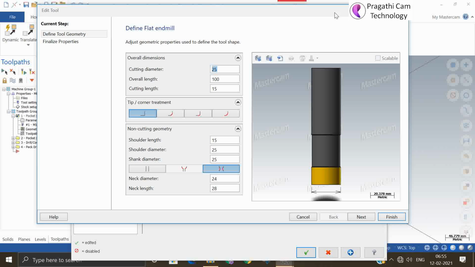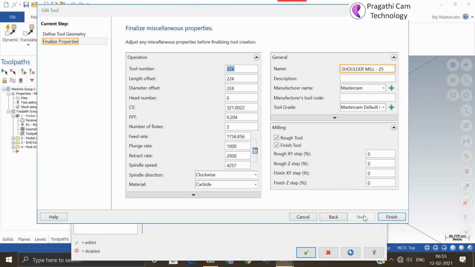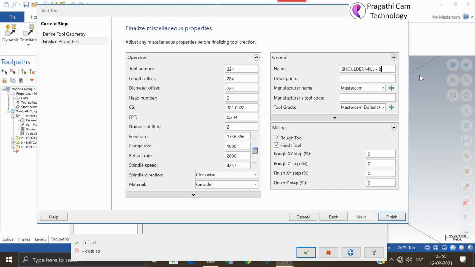Now you can see here the diameter. Instead of 25, I need 24. Okay, I'll modify it to 24. Don't forget to change the tool name also. If you make any modification in the tool diameter, the tool name should also be changed. All other things, tool number, offset number, diameter offset number, you can modify here.